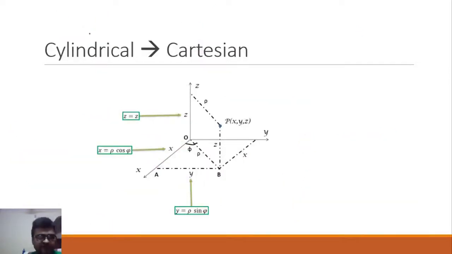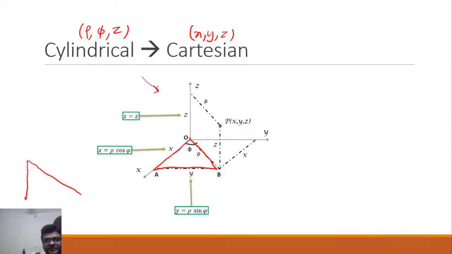Now what to do if you want to convert vice versa? If you want to convert things given in the cylindrical coordinate system into the Cartesian coordinate system, what will you do? It is very simple. You have to draw the same diagram, follow the same rules, and concentrate on the same triangle. In this triangle OAB, let me draw it again vertically. We have AB